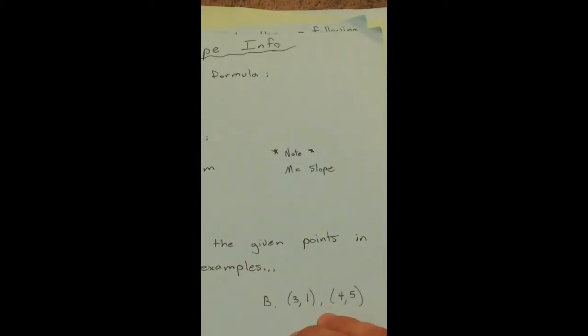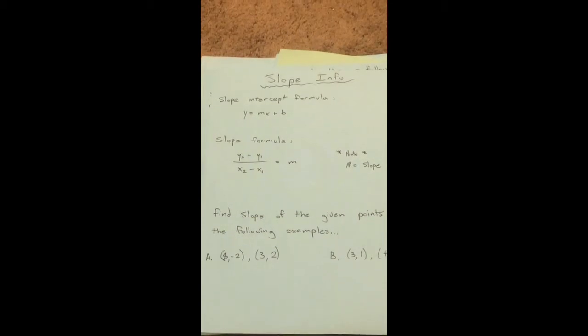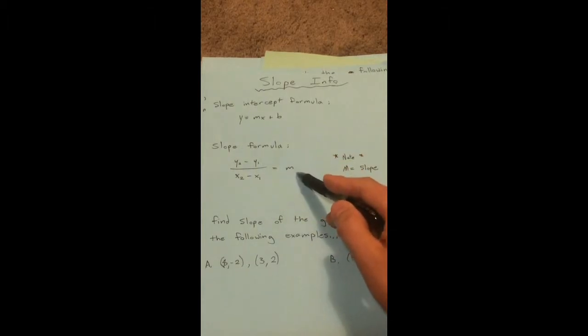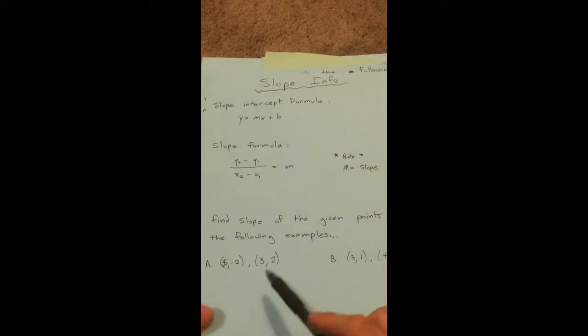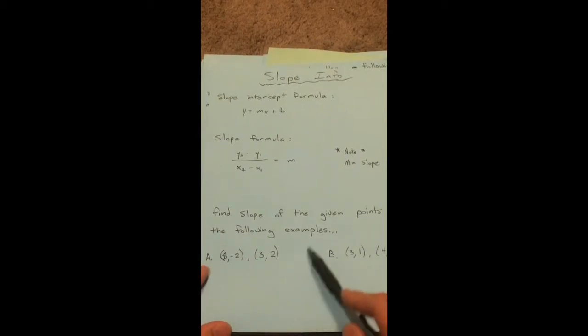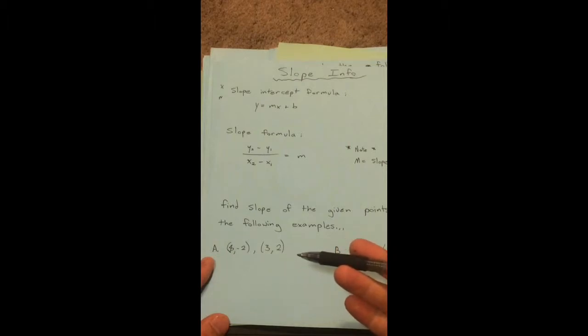Note, m equals slope. Like the guy in the video said, I don't really know why they use m instead of s, but that's the case. So this formula is what you use to figure out the slope when you don't know it. When they tell you something like, find the slope of the following points, and you get 2 points or whatever, but we don't know the slope. On a graph, you might have,